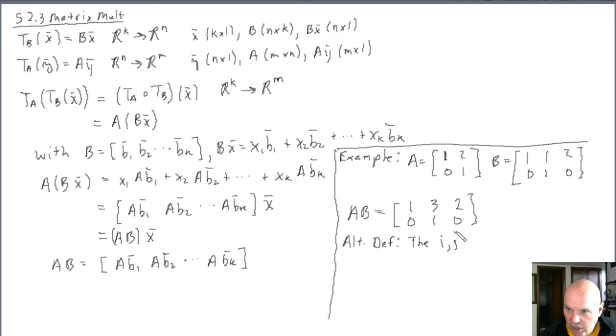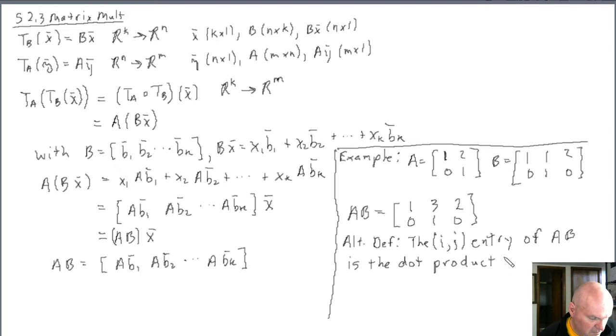The IJ entry of the AB product is the dot product of row I of A with column J of B. And this is handy because it actually allows us to find any particular entry of the product